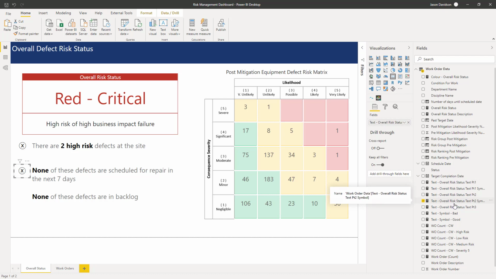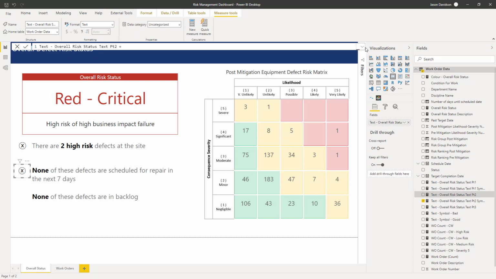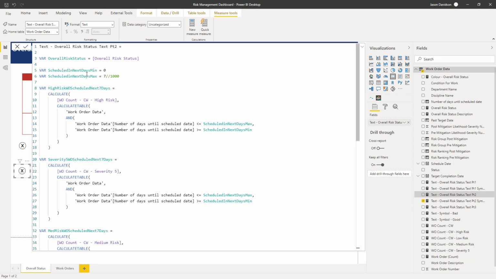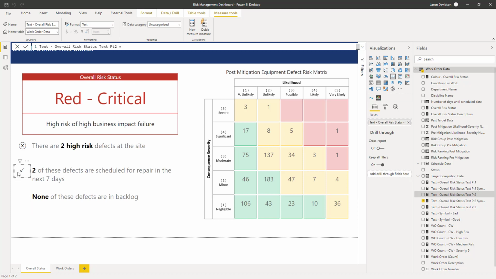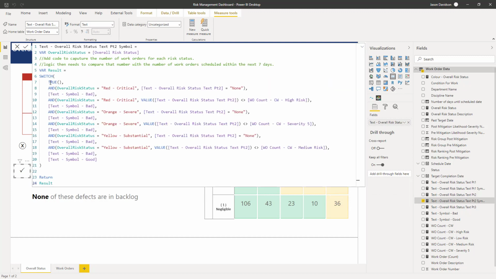we're going to go into the logic behind this text part 2, and rather than look for anything scheduled between the 0 and 7 days, we're going to go 0 to 1000. So most of these work orders will definitely be between 0 and 1000. In fact, I know it is because I've checked it. Okay, so just to force this to give a check mark, 2 of these defects are scheduled for repair in the next 7 days. So what's going to happen there is that if we open this up, it's going to